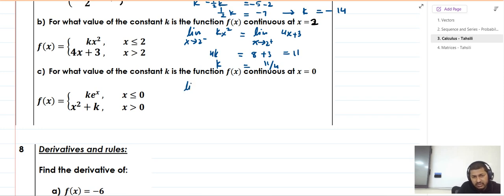So we'll say limit as x approaches 0 from the left, I will choose k e to the power x. Remember, e is a transcendental number like pi. It has a value of 2.718. Limit as x approaches 0 from the right will be x squared plus k. Okay,